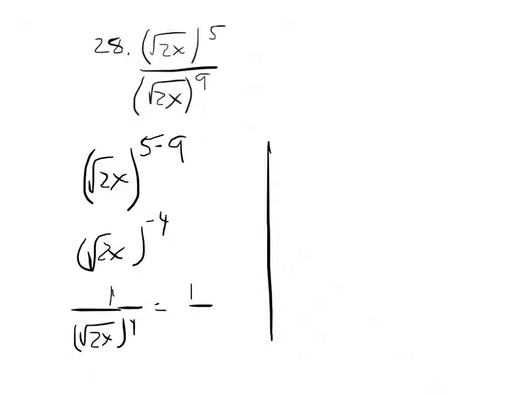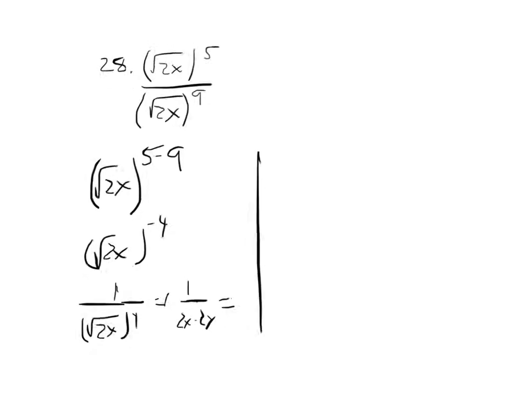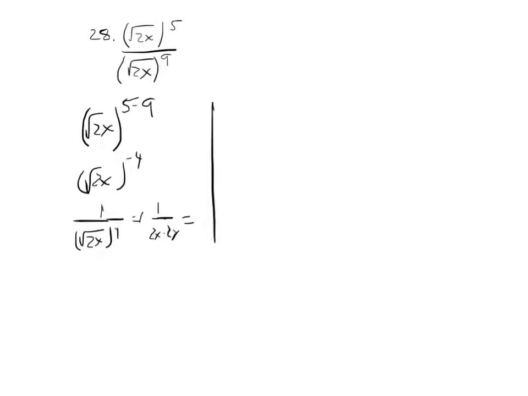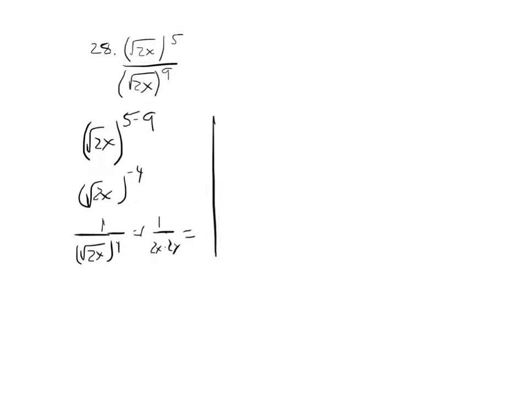Well, let's see, if I think about that squaring, root 2x squared times root 2x squared, that would be 2x times 2x, and I'd get here 2 times 2 is 4, 1 over 4x squared. Another way to look at it would be to say, well, take that root 2x to the fifth